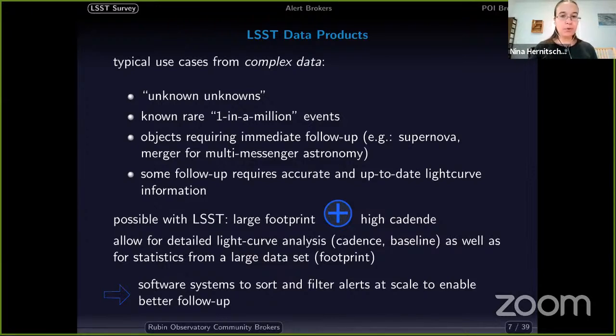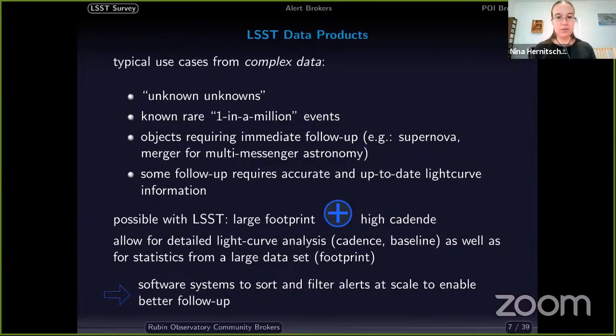But it's more important to have accurate and up-to-date light curve information, as those objects change. We have to know how bright it is at a certain time. We have to predict its brightness because we can then make some assumptions about the ongoing physics behind that. I will also talk a bit more about this later on, as we have such specific use cases where this